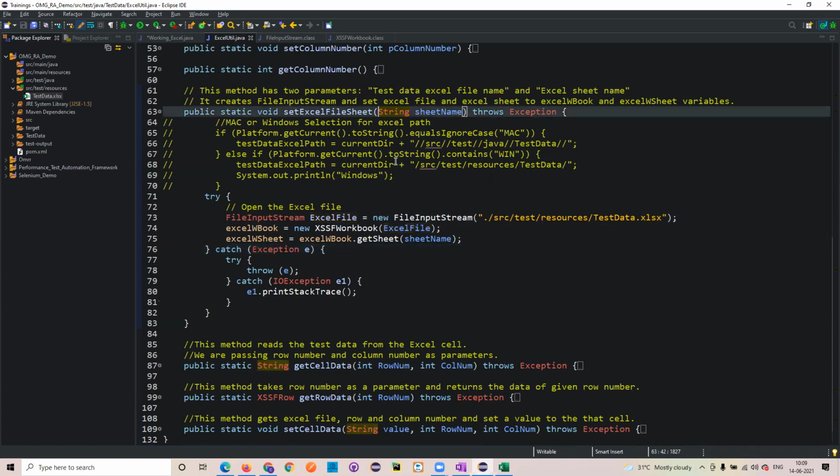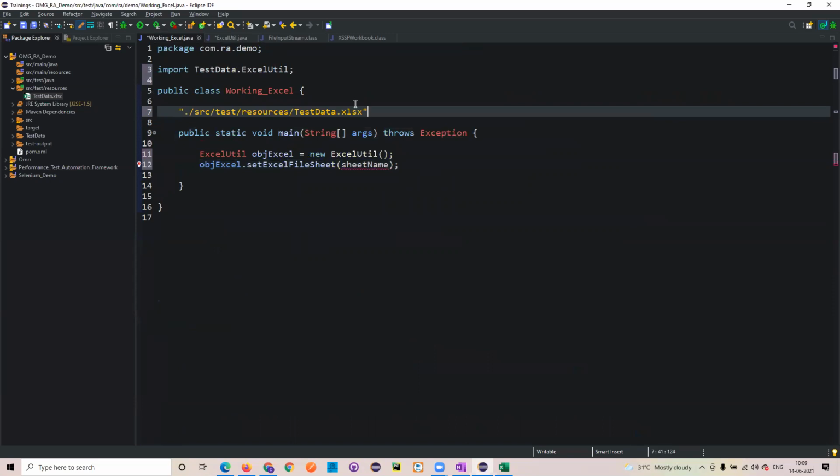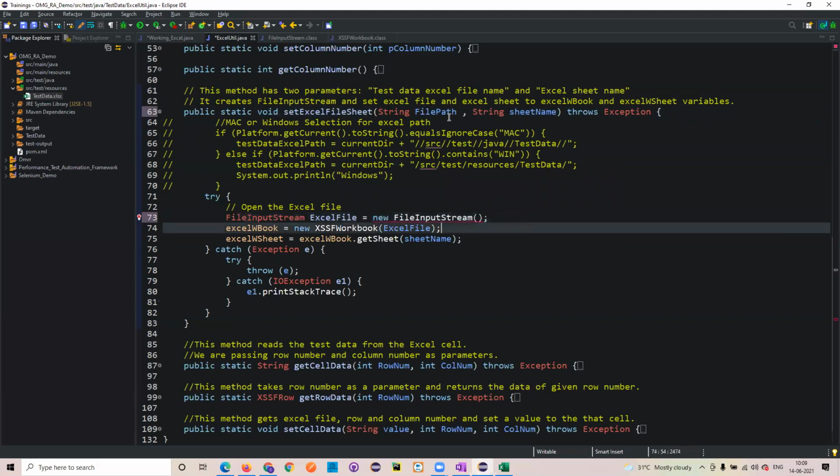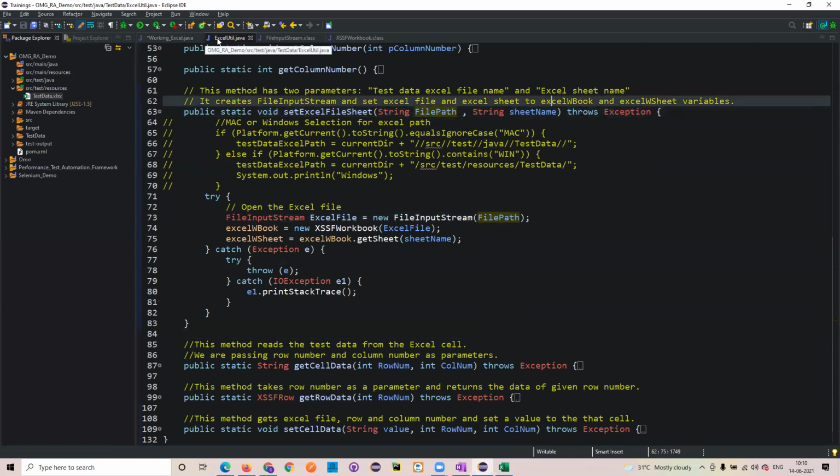Yes, no? Okay, so file path. Now if you see here, I'm passing the parameter, right? So now I'll do one thing. First I'll take this one, I'll cut this, I'll paste it here. Now I need to take this particular file path and pass this as a parameter. So now this method becomes very generic. Now I can play with any particular Excel book. I can play with the sheet. So now let's try to do that.